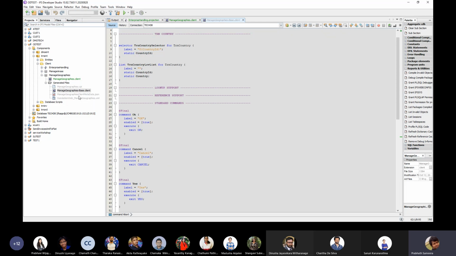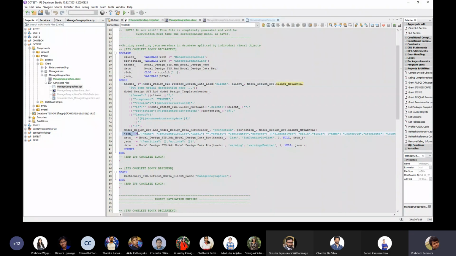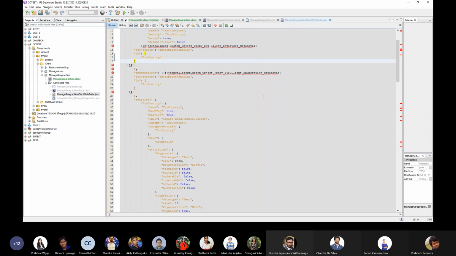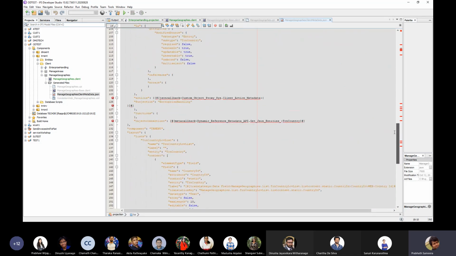Then we move into the CPI file. Here also you can see that an anonymous block is there. This generates some client metadata. You can see that it has generated client metadata in JSON format, and this generated client metadata is included in this manage geographies client metadata JSON file. This is the generated metadata, and it will be used when we are working with